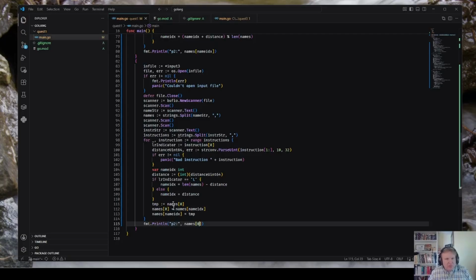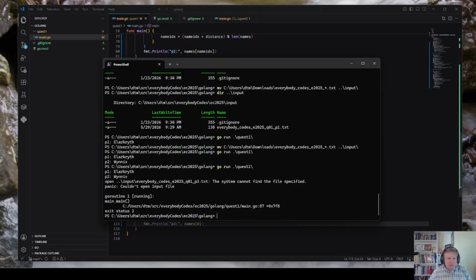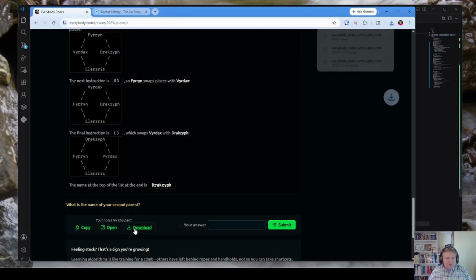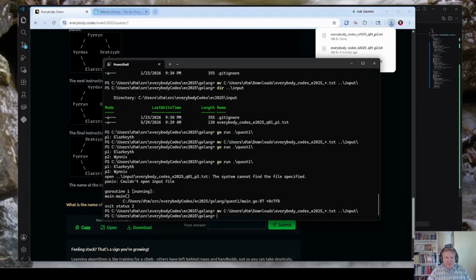Okay, and I am using input 3. Yep. Okay. And that's because I forgot to download my new input.